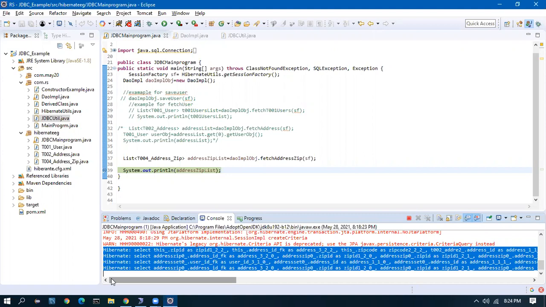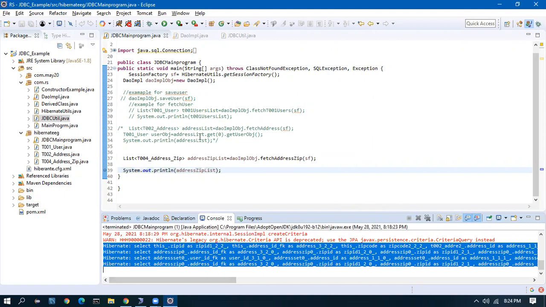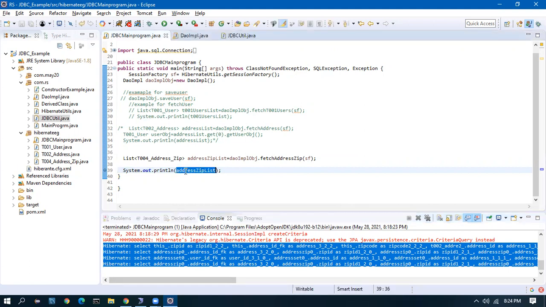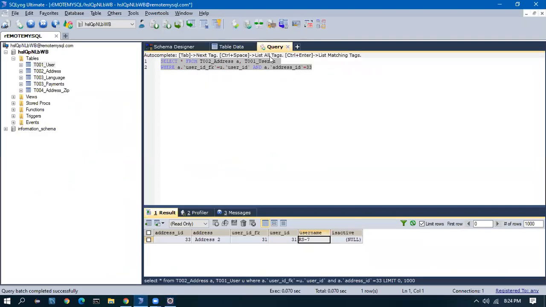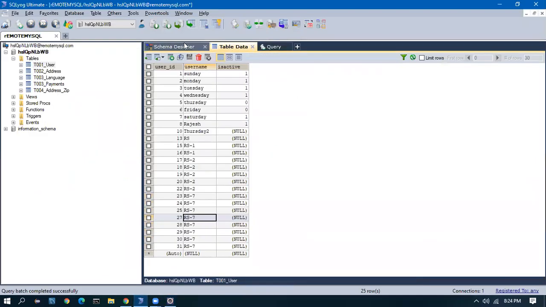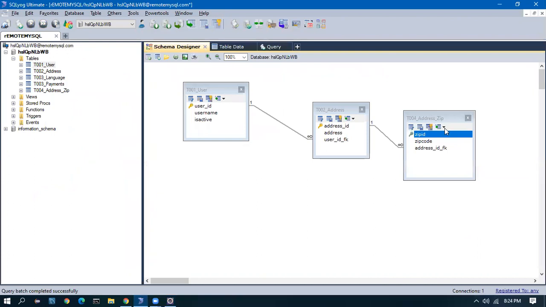So this is called lazy loading. In this example, we are asking Hibernate to fetch only the address table, but Hibernate is automatically fetching the address and the user.